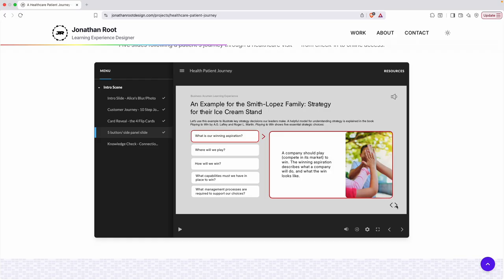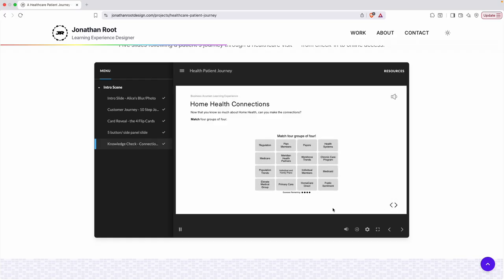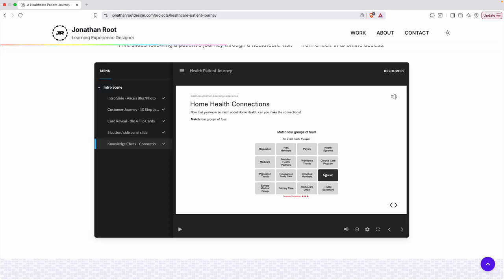And then with slide 5, it's a JavaScript connection game, so learners can match terms across columns, and then the code validates the answers, provides feedback, and tracks completion. So it's basically just a matching game with JavaScript,